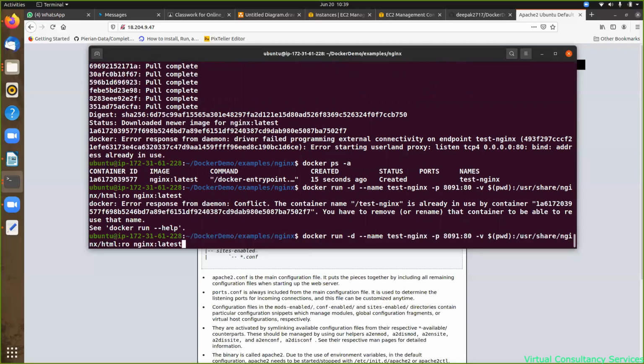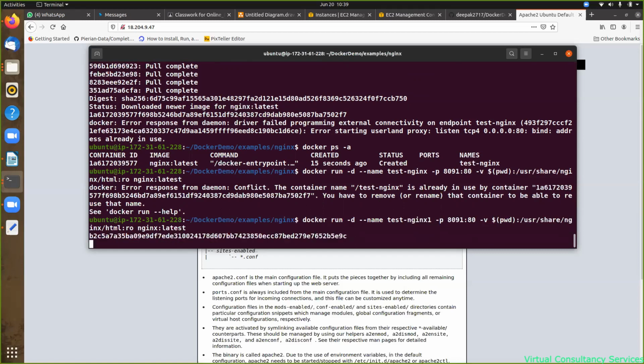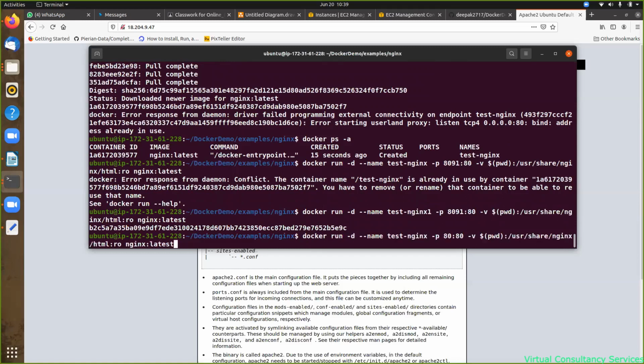हाँ, ये नेम ऑफ द कंटेनर। ये एरर आया क्यों? क्योंकि मैंने टेस्ट, सेम नाम का किया और ऑलरेडी उसका कंटेनर बना हुआ है। सो आई नीड टू चेंज। चलो मैं एक नया इंस्टेंस बना देता हूँ 1 करके, ठीक है? टेस्ट इंजिन्स 1। अभी देखो मेरा कंटेनर आ गया, आप docker ps -a।